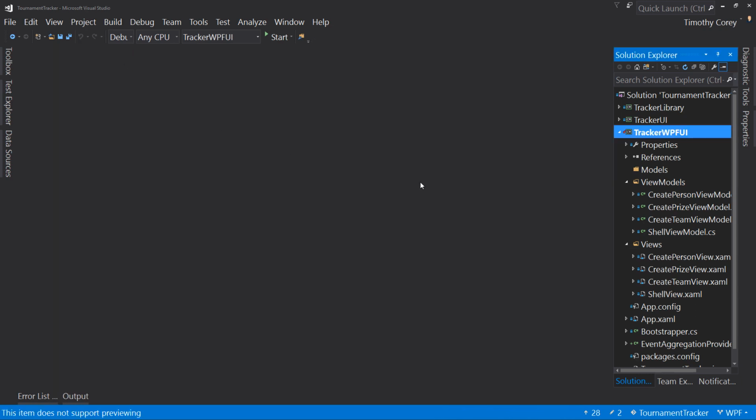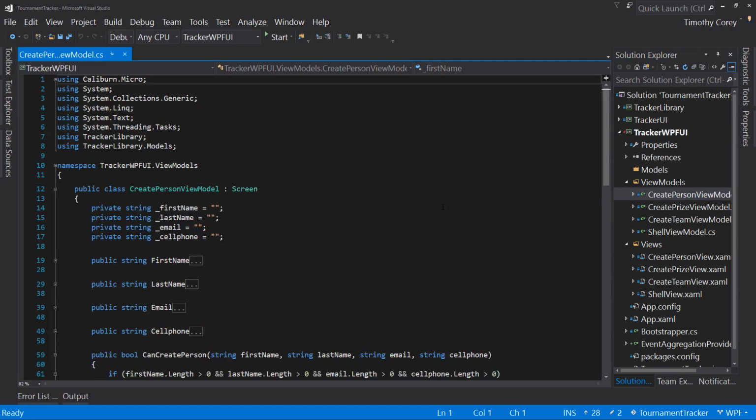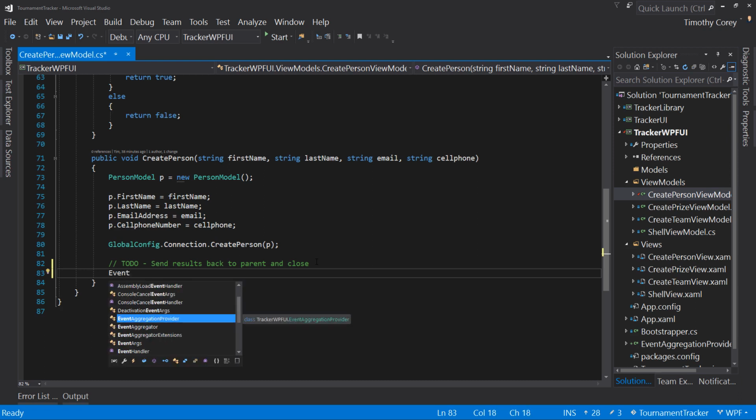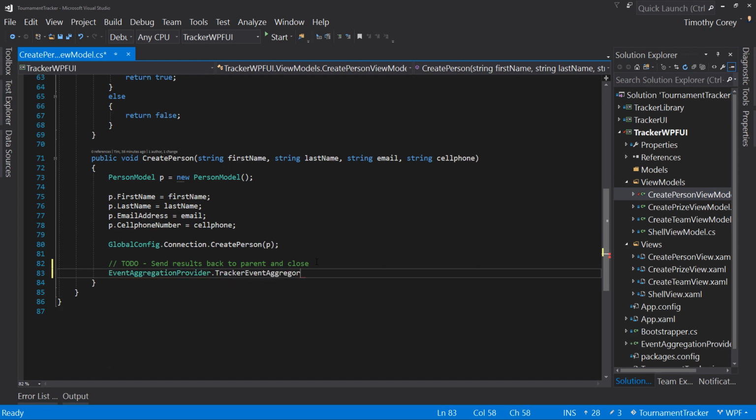So we can close this out and we can go to our create person view model. And down here we have this to do: send results back to the parent and close. So down here what we're going to do is say event aggregation provider dot tracker event aggregator dot publish on UI thread